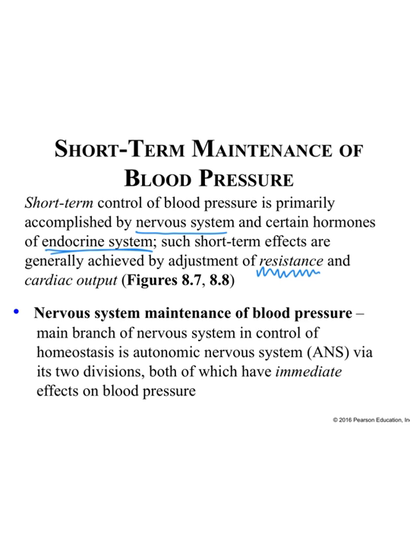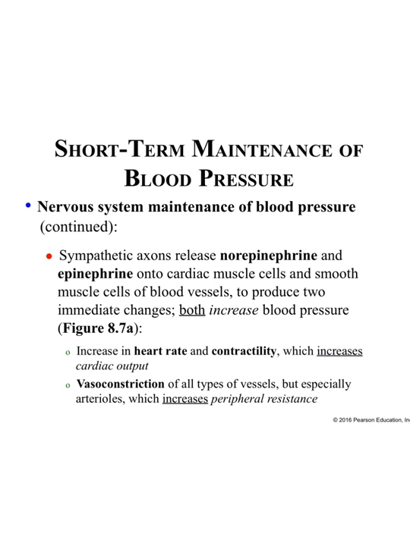So how the nervous system can help maintain blood pressure short term. Of course, with blood pressure, heart, smooth muscle, you're talking about the autonomic nervous system is what's going to be in control. And so both the divisions, the parasympathetic and the sympathetic, both have an immediate effect on blood pressure, if it will be lowered or raised. Obviously, parasympathetic, it's going to be lowered. Sympathetic, it will be raised. So sympathetic, how do they raise blood pressure?